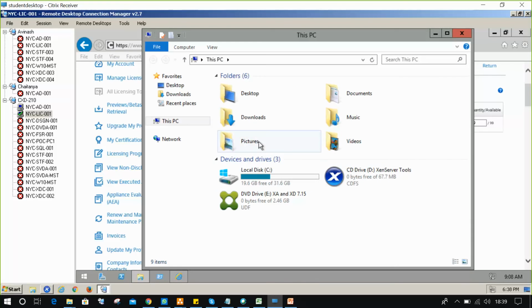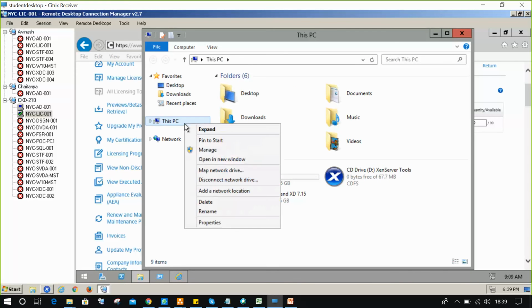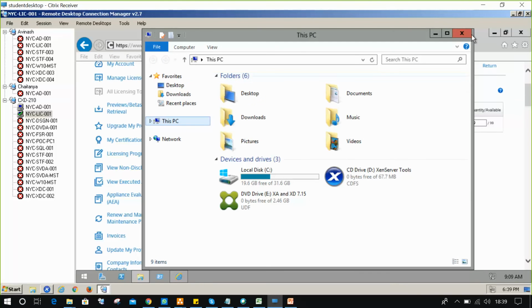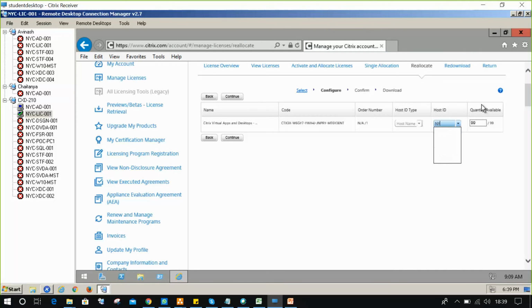So right click on this PC. See here, NYC LIC hyphen 001. The name is correct. NYC hyphen LIC hyphen 001.